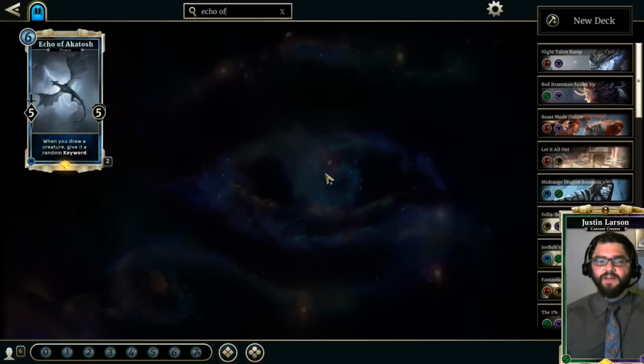So now we have Echo of Akatosh, which sort of turned itself into a Mundus Stone. My concern with this card wasn't so much its power level, because its power level is sort of totally random, but it's that randomness that I was concerned with. I crafted a couple of these to play with them in an assassin deck that I wanted to shove a bunch of cards into that I suspected would get nerfed,